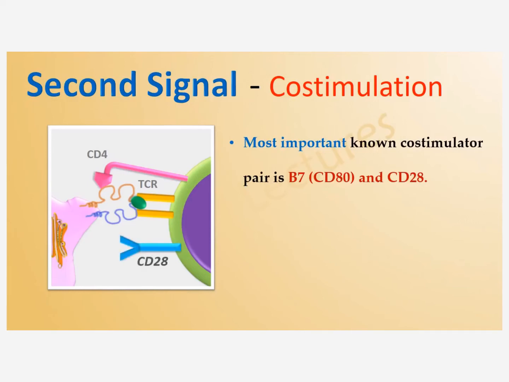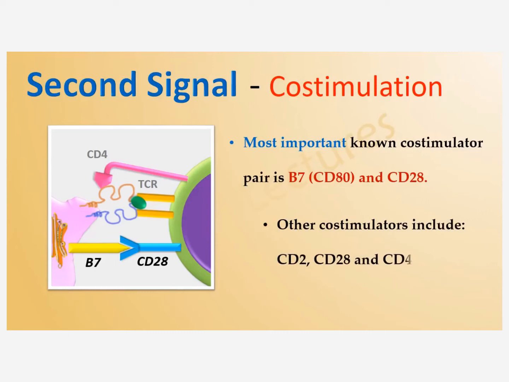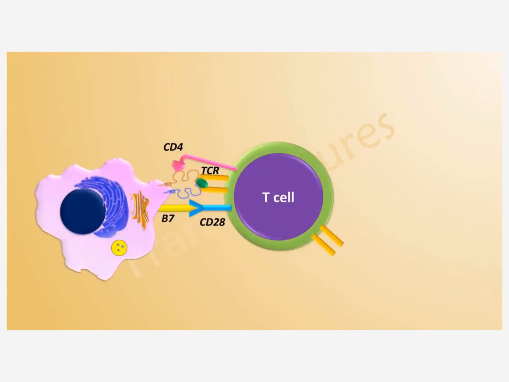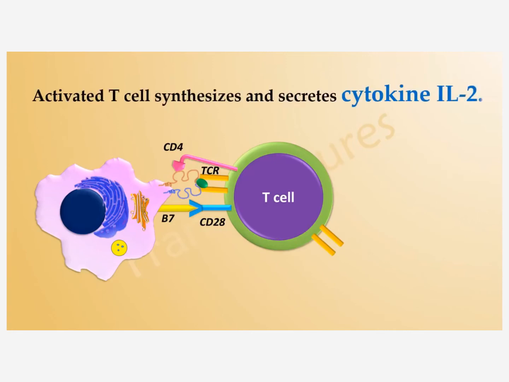CD28 of this pair acts as receptor and is present on T cell. B7 is known as ligand and it is present on the antigen-presenting cell. These molecules also make the two cells adhere together for more time. Other co-stimulators include CD2, CD28, and CD45. These two signals result in the activation of T cell. As a result, the activated T cell synthesizes and secretes interleukin-2. Interleukin-2 acts as autocrine cytokine, which means it binds to its specific receptor